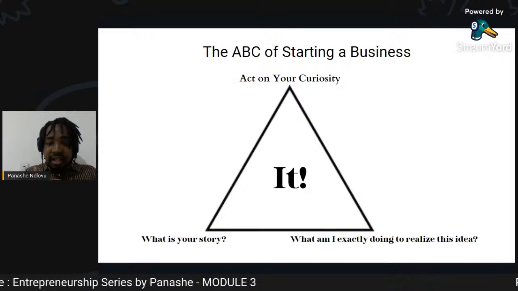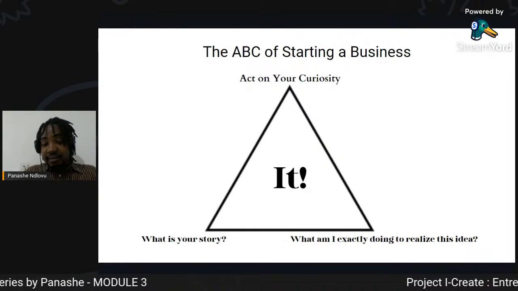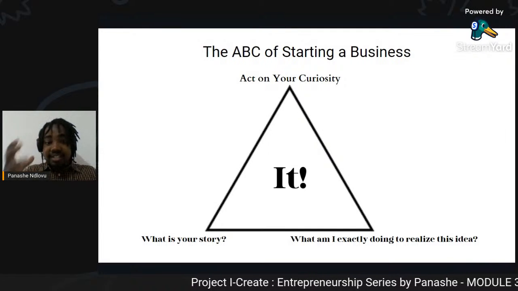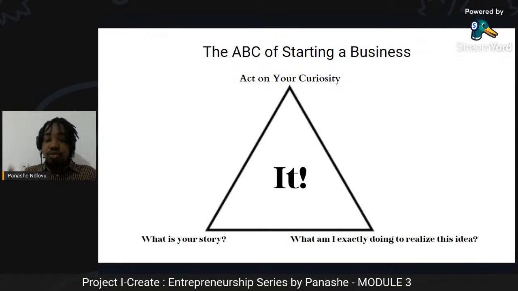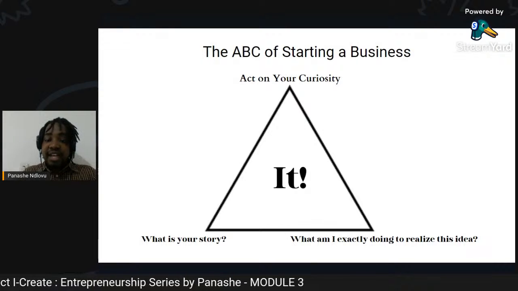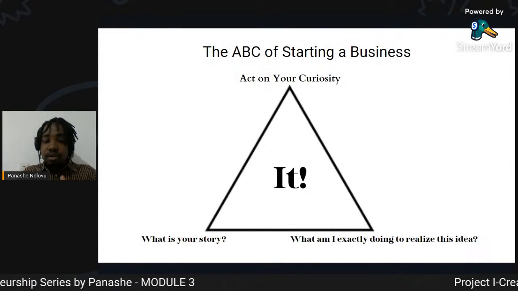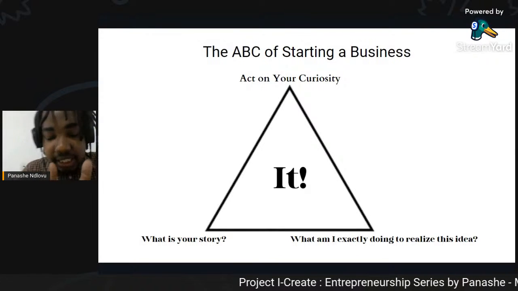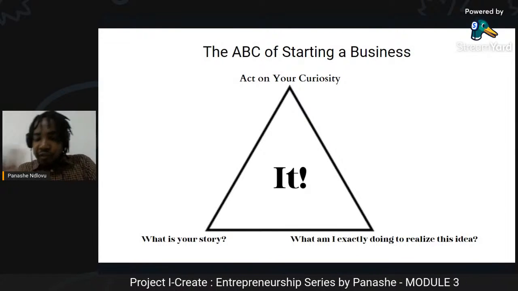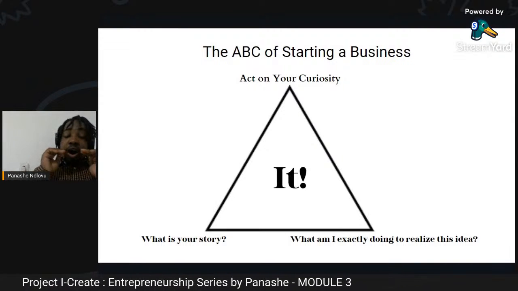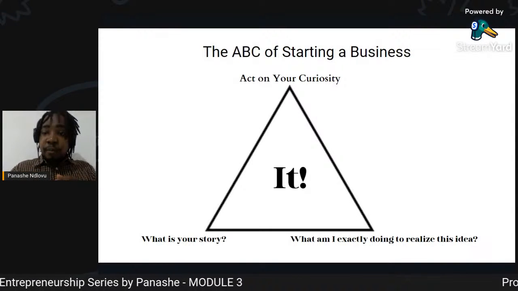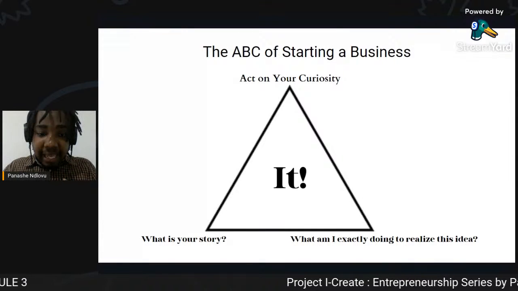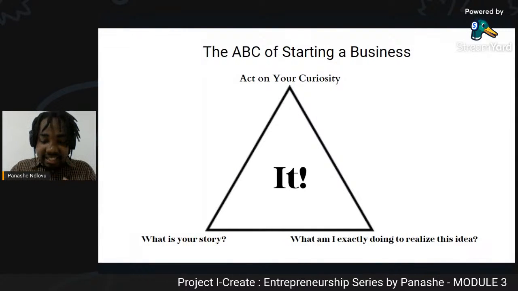And chances are, if your business is an original idea, not revolutionary, but an original idea, chances are it's new. And when it's new, you don't have to have an exact or specific model that you are copying word for word, because you are bringing a different strategy, a new value proposition, right? So in all honesty, that can be scary. And so many times, this fear holds us back from actually starting that business,